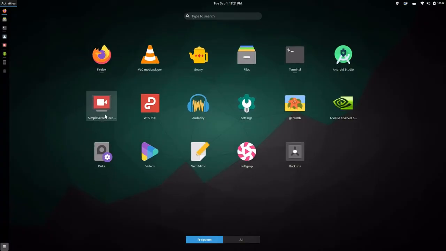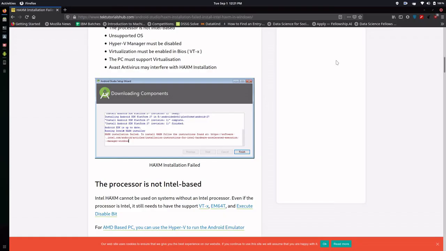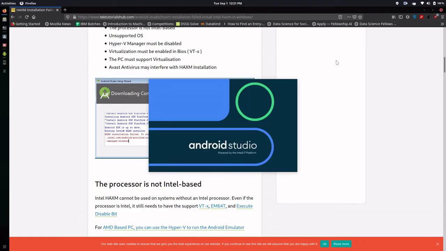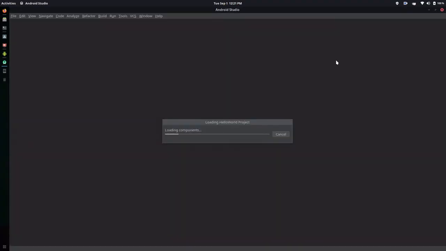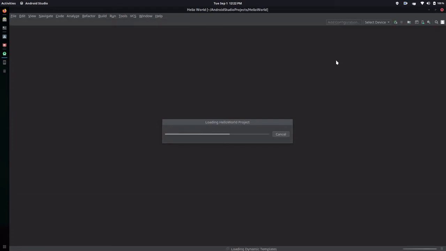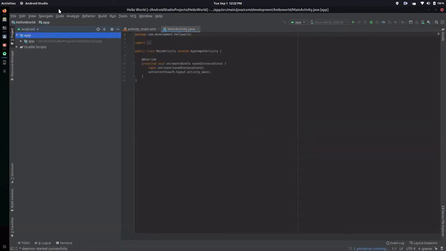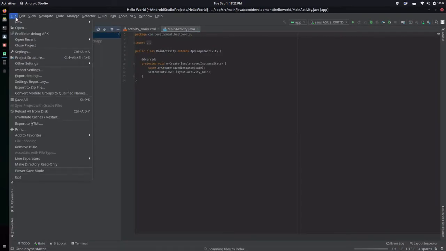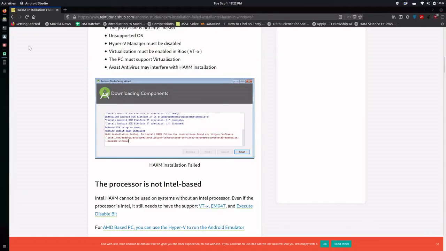So now we have to go to Android Studio so that we can develop our first app. One more thing, guys: Android Studio is an extremely RAM hungry thing. No matter how much RAM you are allowing it to use, it might get slowed down. I have already opened it, so I will show you from the start how to make an Android app.